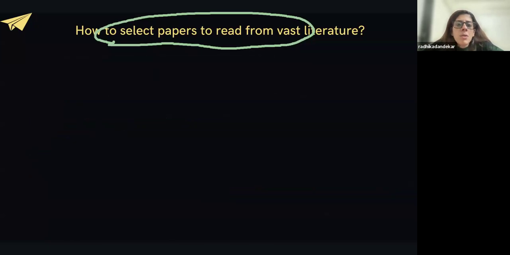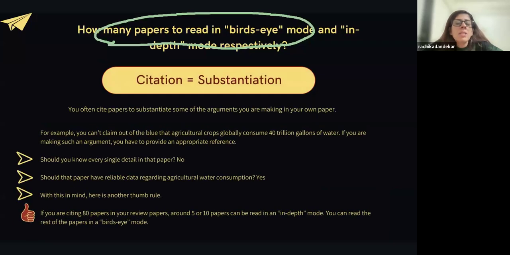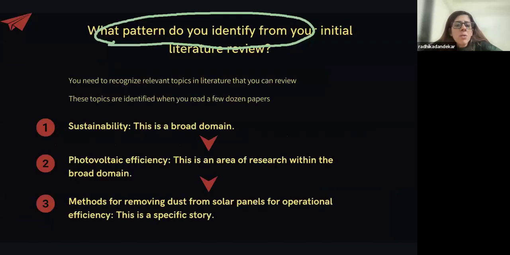So this is how you decide a topic, and this is how you narrow down to a particular topic that will tell your specific story. If you're writing a research paper, the novelty of the paper is extremely important. So when you're deciding which story you want to tell, it's very important to know where you're coming from, and why you have chosen this particular story. This is a topic that will decide the quality of the rest of your paper.